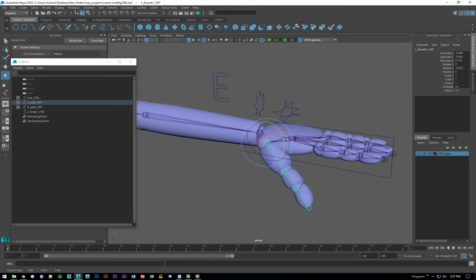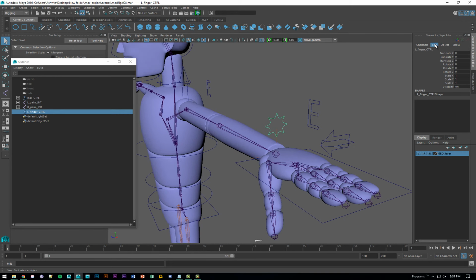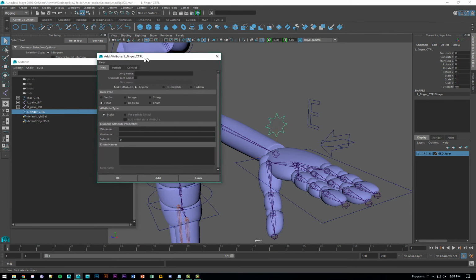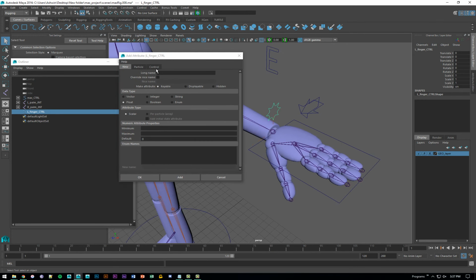So let's see what's going on. Okay, so let's select your controller. Let's say add attribute, and let's start out. Let's say index bend 1, and I want you to see how I'm typing this. This is almost like global scale, where it's one word with a capital B. When I say add, index bend 1 gets added in. But I need two more of these. Index bend 2, index bend 3, mid bend 1, mid bend 2, 3,